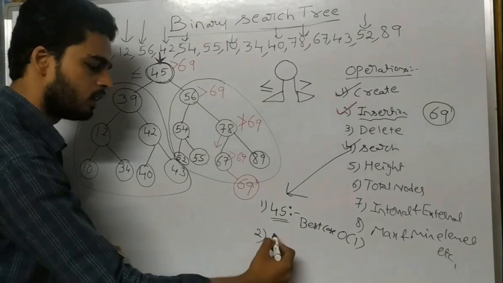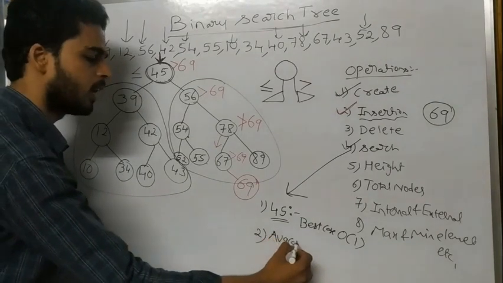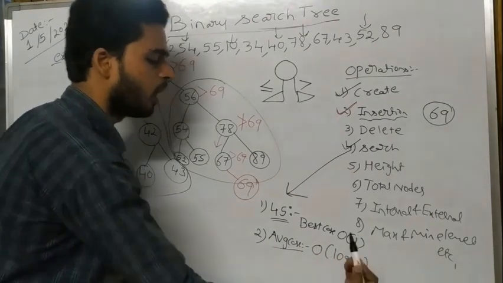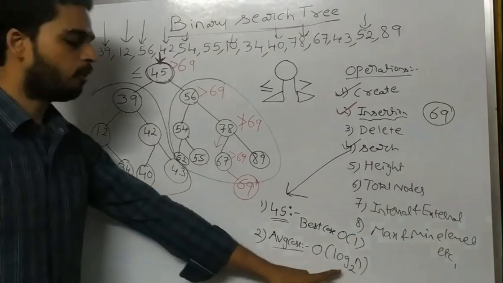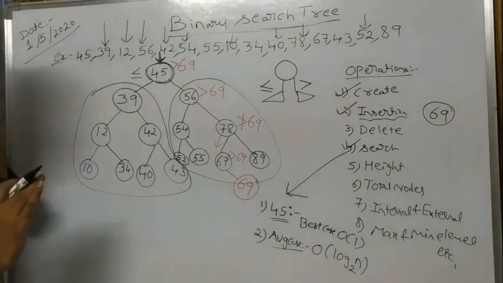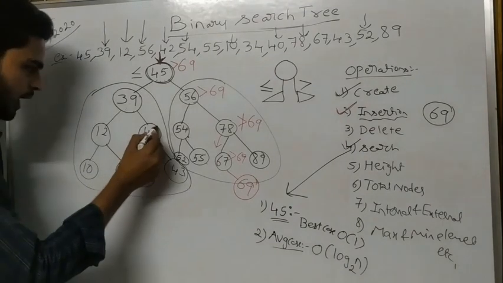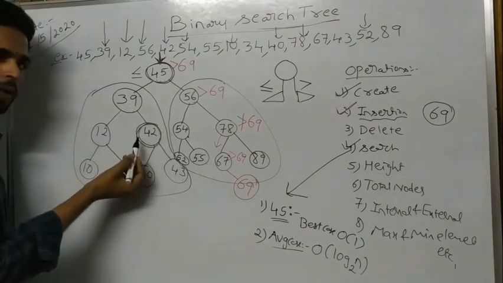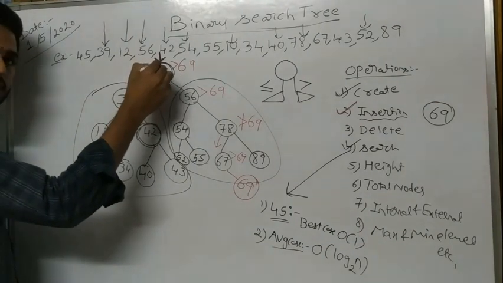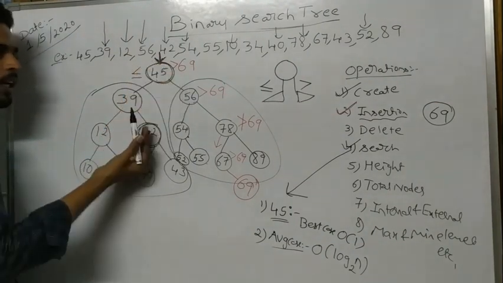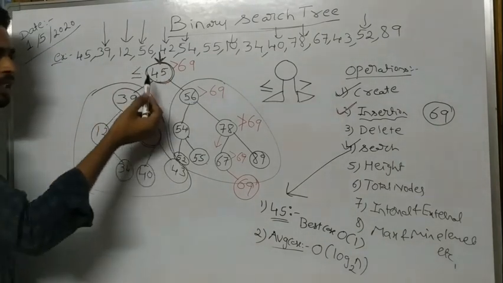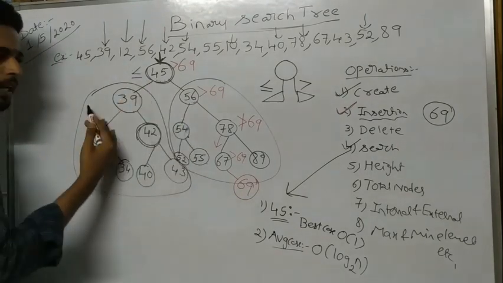And for all the other cases, I am calling it the average case. I am calling it big O of log n base 2. Why am I calling it big O of log n base 2? Just simply check here. I want to search for an element 42. Kindly listen. I want to search for an element 42. Then what am I going to do? I am just comparing with the element 45. And my 42, as I already know, is always present on the left side subtree. So 42 is less than 45. Yes, I will go to the left side of the subtree.